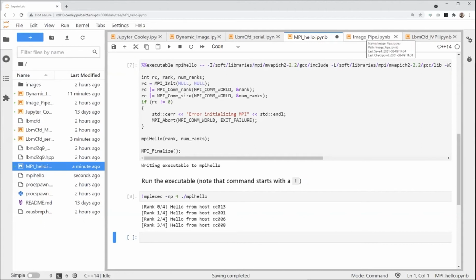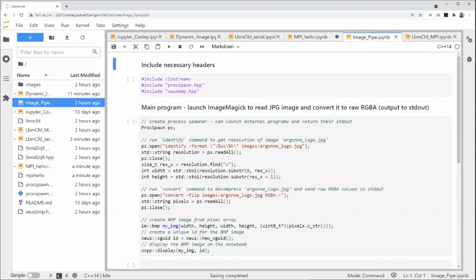Okay, next step. Again, this will look a little bit like a toy example, but using that exclamation point way of launching MPI, or any command for that matter, it will automatically print the output in my notebook. What if I don't want to print the output? What if I want to use that for some further computation? So here we developed some code, a class that allows you to launch a process and store the result in a string, so that instead of just showing it, it's now stored in a string, and we can use it